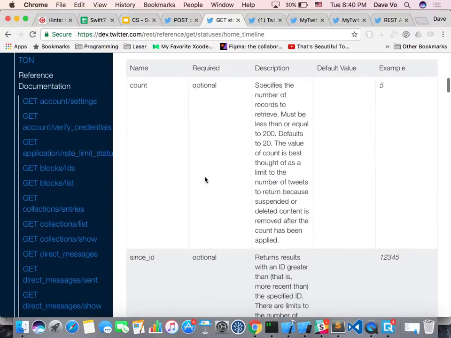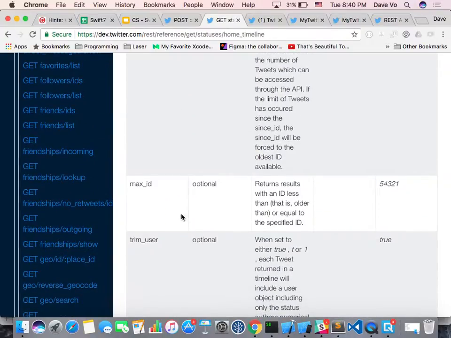endpoint. By default, it will return to you the latest 20 tweets. If you want to increase or decrease the number, you can do that. But if you don't want to, just leave it, and it will return 20. Then here are some of the parameters that you want to notice if you want to implement the